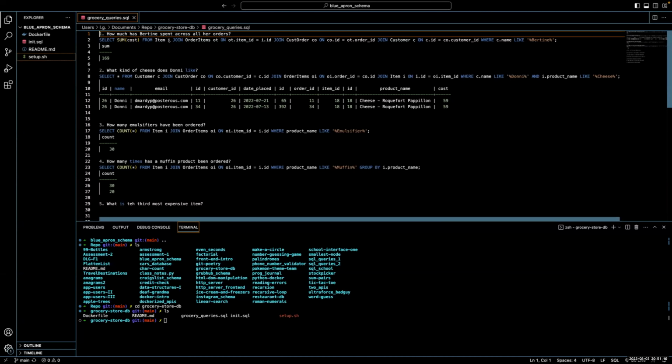item, aliased it, joined it on order items, gave it another alias, and on these foreign and primary keys, yes, and then joined it again to customer order, aliased it on these foreign and primary keys, joined that again on these foreign and primary keys where the customer name is like 13. And then I got 169. I don't know if that's right, but